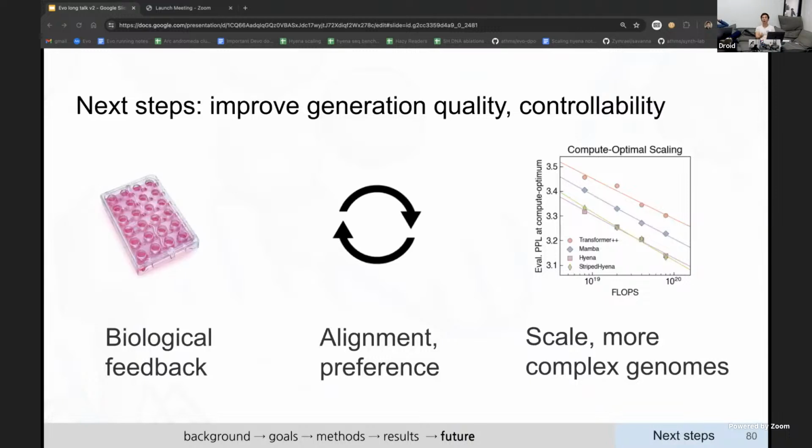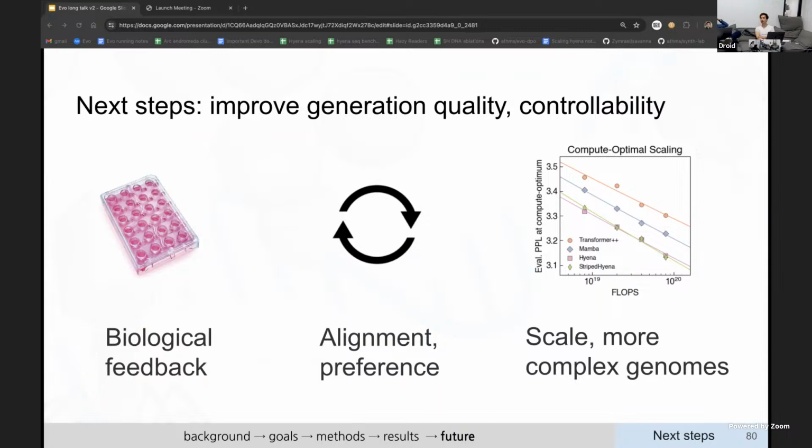But concretely, for us, the next steps are to improve the generation quality, right? There's a number of steps or tools in the language community that we can borrow from that are not even used at all in biology. And we think it's a huge research opportunity for us, but also for just the broader community, right? There's things like alignment and feedback from reinforcement learning that can be used. Again, we're just using raw pre-training generation, right? And what we've seen in language, and especially things like ChatGPT, the alignment step is quite important for high quality sequences, right? This is not done in biology at all. So there's some room there.